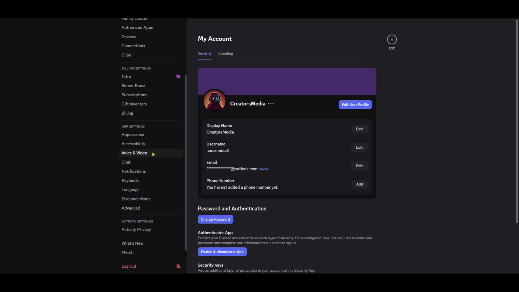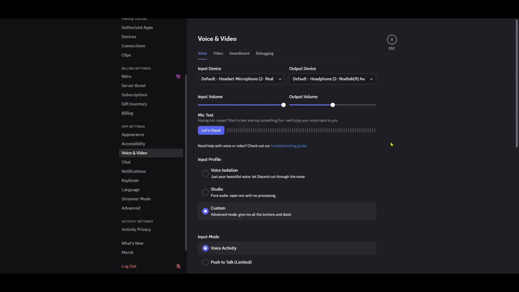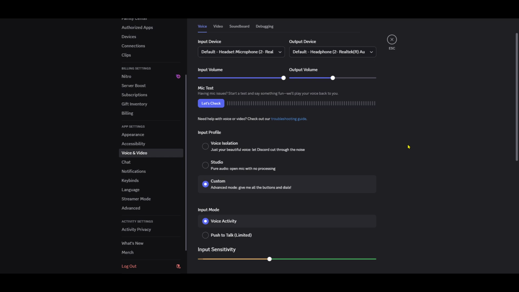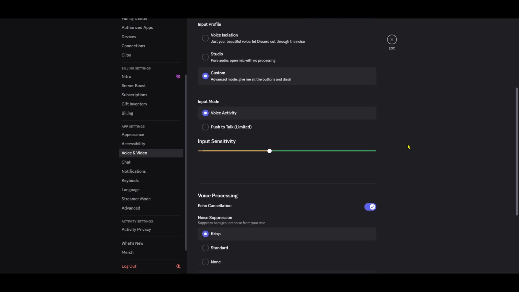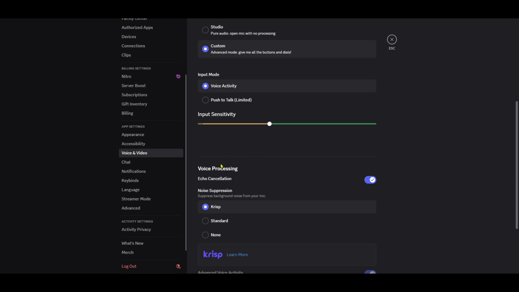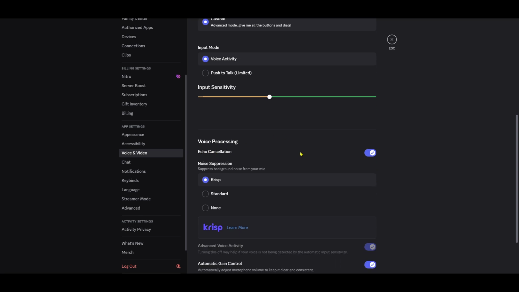Inside the voice and video settings, you'll be presented with a range of options. What we're looking for in this instance is echo cancellation. As the name suggests, it's designed to filter out unwanted echo during voice chats, delivering a clearer audio experience for both you and your buddies on the other end. It's especially handy if you're in a room with lots of hard surfaces which can create echo, or if you have an open mic setup without headphones.